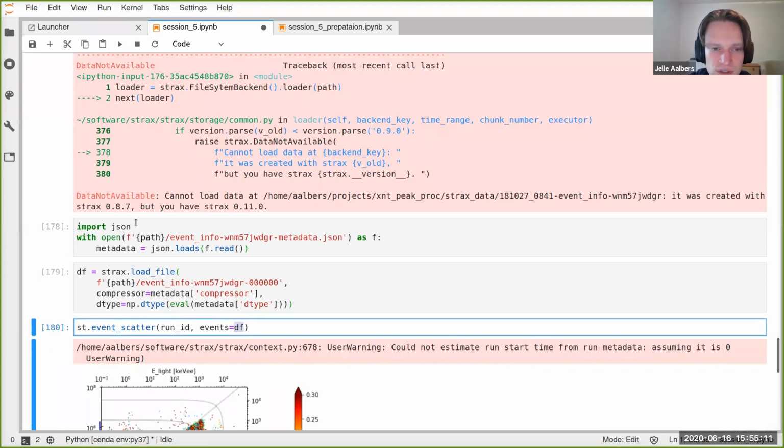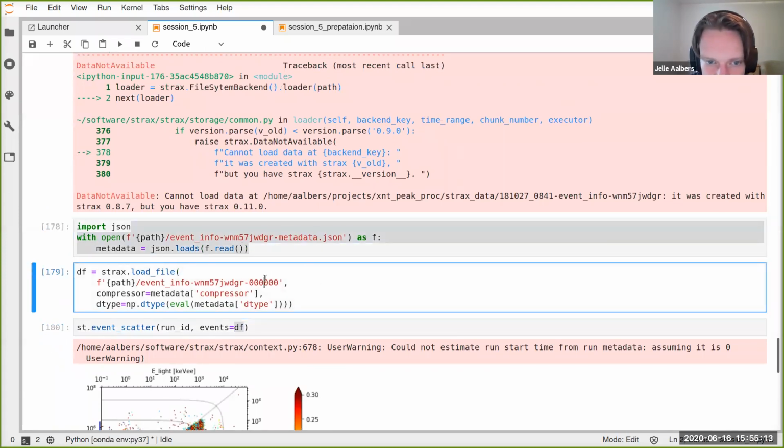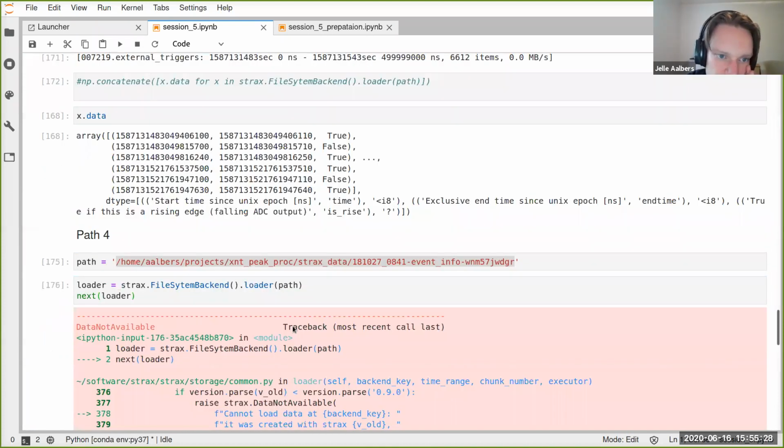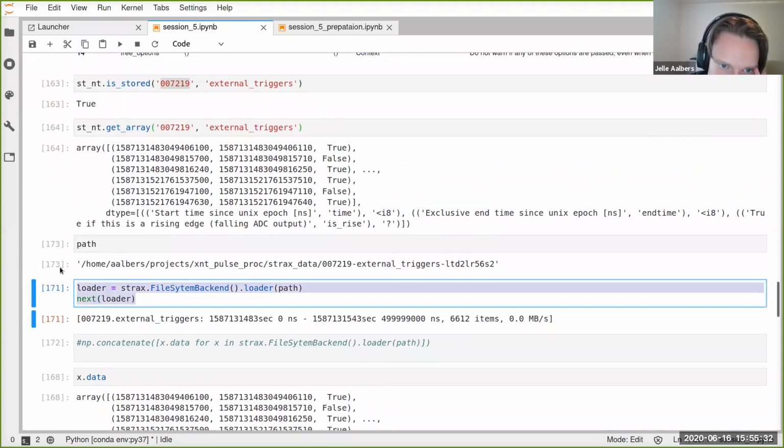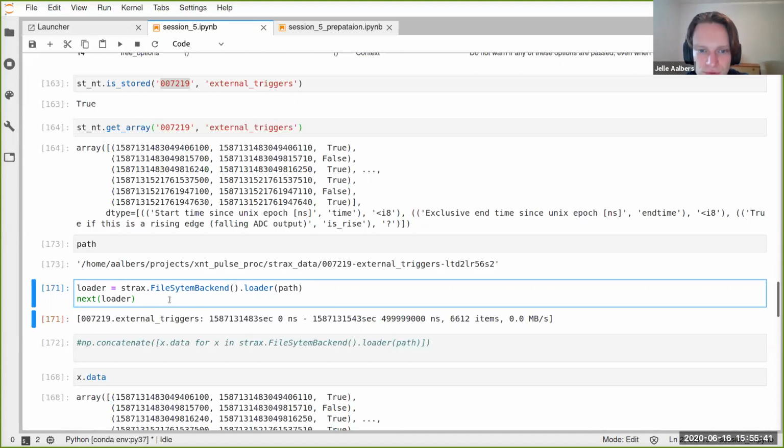So this option of actually loading the files individually, that's your last resort option when nothing else works. Maybe the data is corrupted, the metadata is missing, but somebody still whispered in your ear what the metadata compressor and dtype were. You could try this. But in almost all cases, this is not the method that you want to use, at least just to load data that you cannot get through normal means.